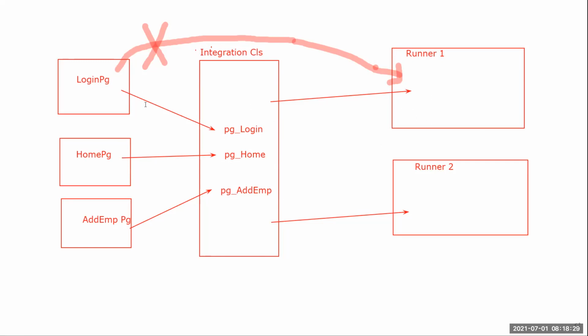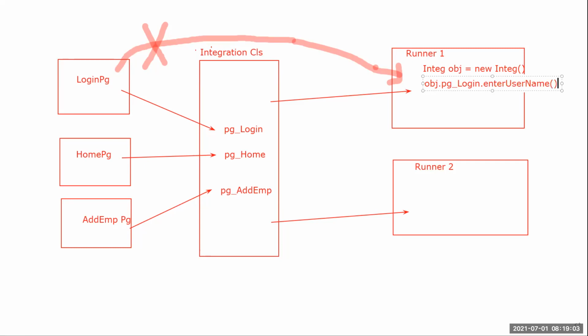For example, integ obj is equals to new integ. I created an object for this, and if I use obj dot, I will be able to see the IntelliSense showing all these page names. So I can use it directly like this.